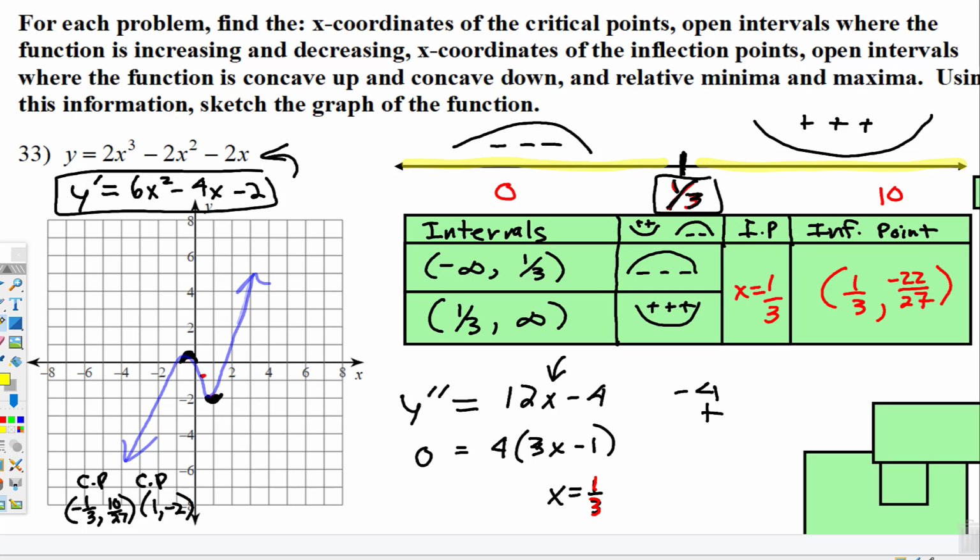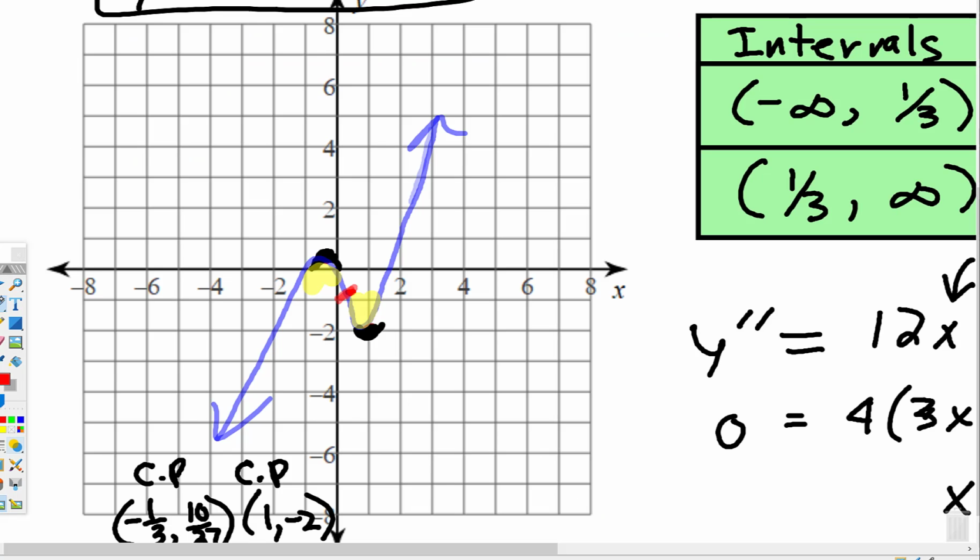And then if you notice, so here's the concavity. And then right there, let me go ahead and make this a little bit bigger so you can see it more readily. If you notice, that's about where it changes from concave down to concave up. That point right there where it changes from concave down to concave up is called the inflection point. All right, that is it for this